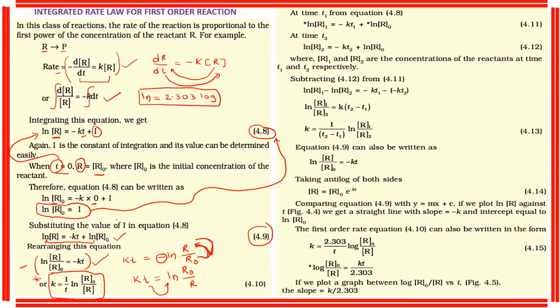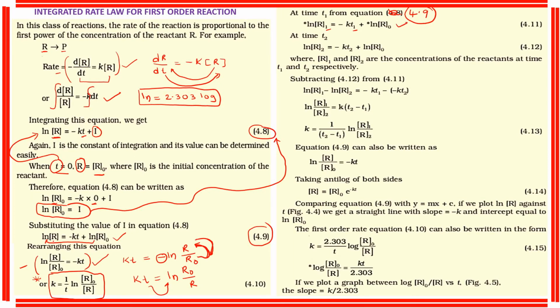Next, we'll do one more thing based upon this expression, 4.9. Not 4.8, that is wrong; 4.9 it is. From the 4.9 equation, what will we do here? ln R, the concentration at t1, is equal to R1 and the time is t1. So you get this expression. Same as before: in the place of R, I am writing R1, and in the place of t, I am writing t1.